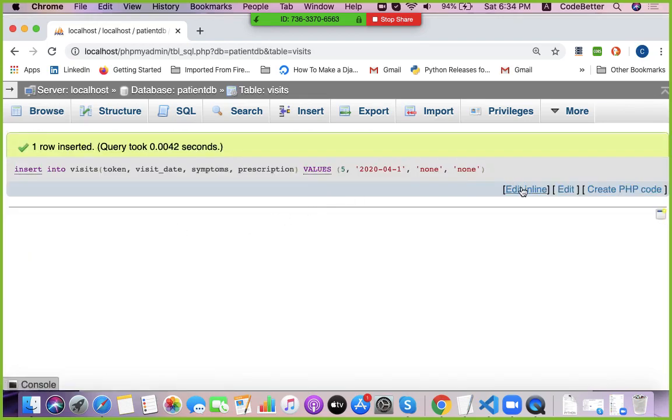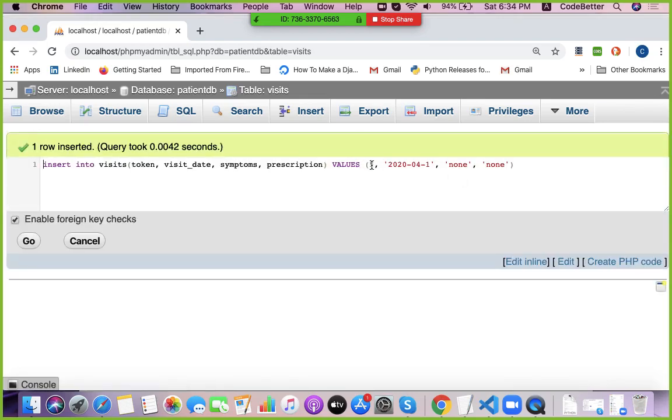Then let's add one more patient, 110, visited on February 10, fever, let's say medicine XYZ.